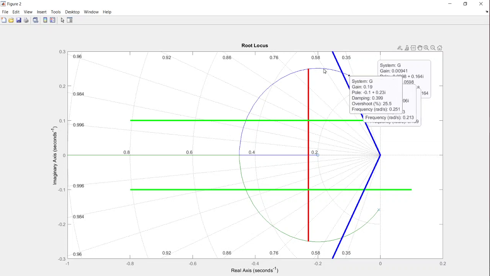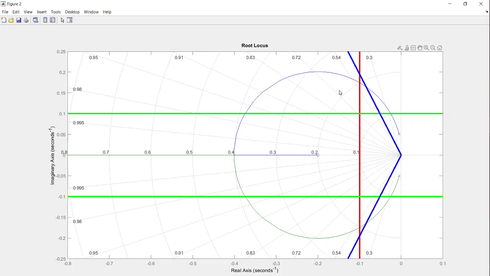See, you can check the values of k, g. I am selecting different points. You can see here which satisfies the overshoot. See, actually desired overshoot is 20%. Now it is 6%. So that means overshoot is satisfied, but it is not satisfying the damping and frequency. What is our desired frequency? It should be less than 0.1. And the damping which I mentioned is 0.1. But if you see, the damping is 0.6 here. So just vary, just go this way.